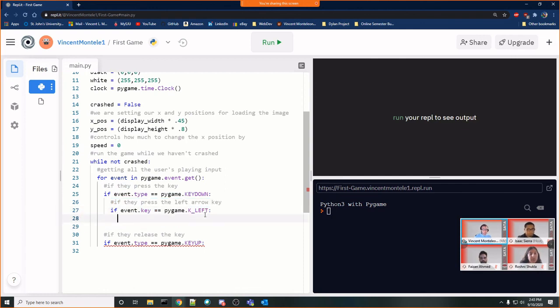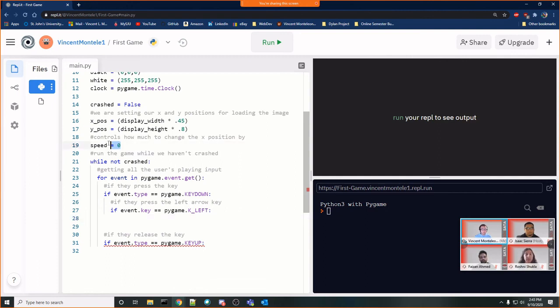So, if they press the key left, some of you guys, I'll give you a second to think of maybe how you'd want to do this, but what would we want to do if they press the key left? Well, just like I mentioned earlier, we're going to be controlling this image based on their pixel values. We have a whole entire canvas, a whole screen of pixel values, X's and Y's that we could load up our image at.